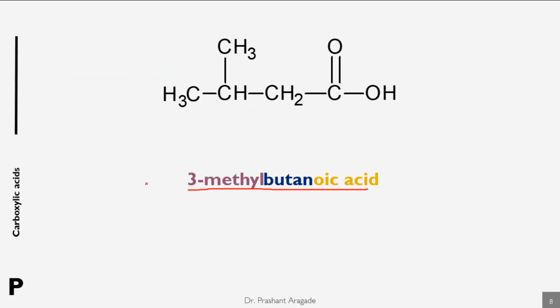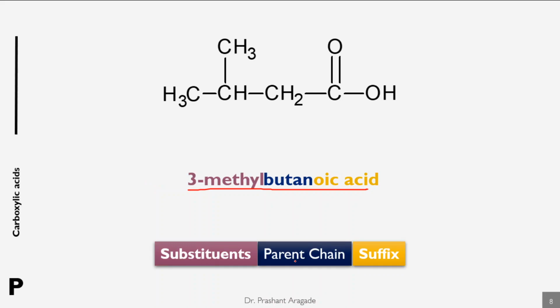Dear students, remember that first you have to think about the parent name, that is how many carbon atoms are present in the chain. Then you have to add a suffix according to the functional group. So in that example we have added the oic acid suffix used for carboxylic acid. Then think about the substituents, which means you have to add the name of the substituents as a prefix onto the name of the parent chain. So just remember substituent plus parent chain plus suffix. You will never make mistakes while writing the IUPAC name if you remember these things.